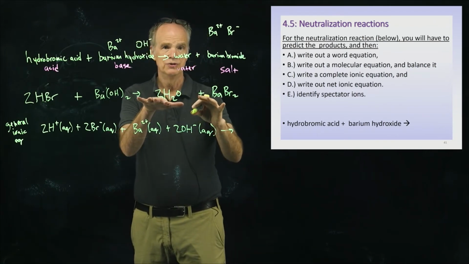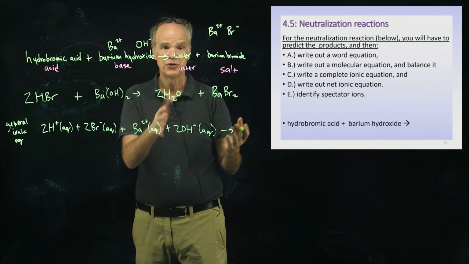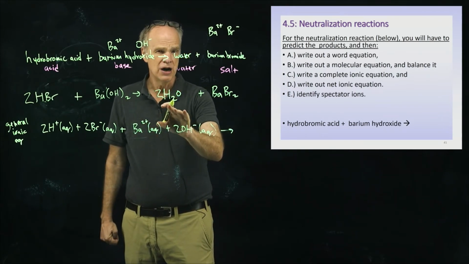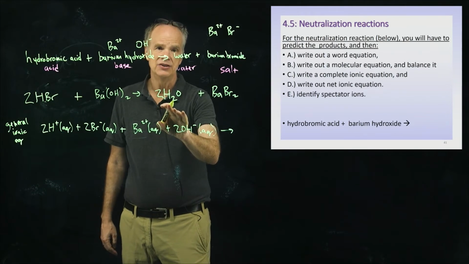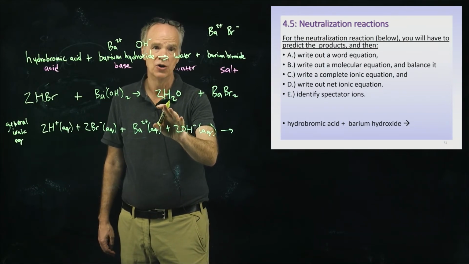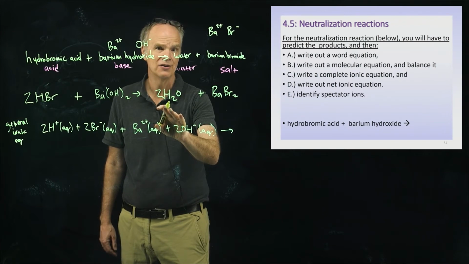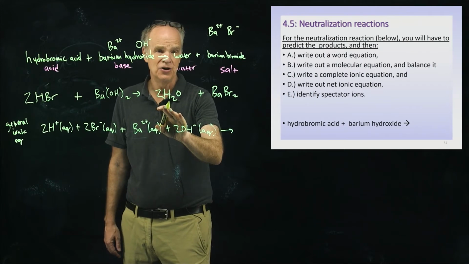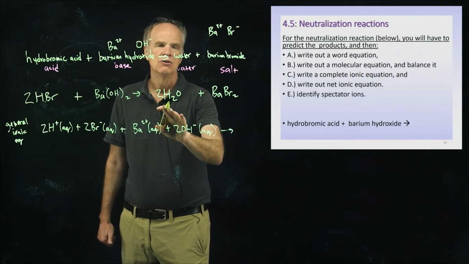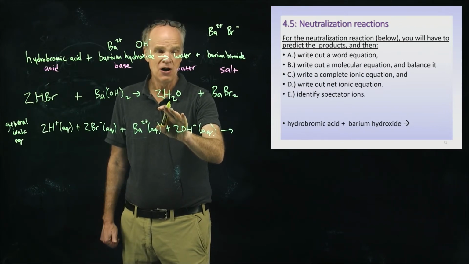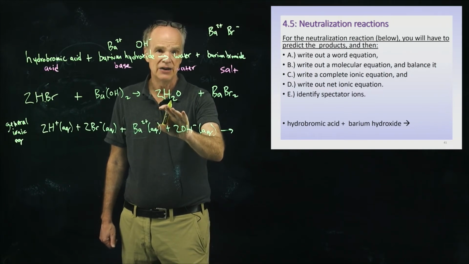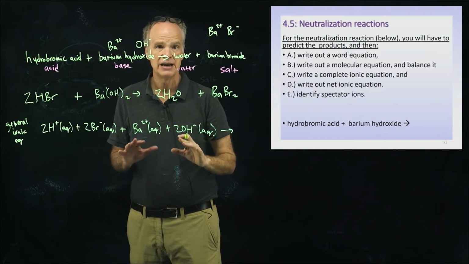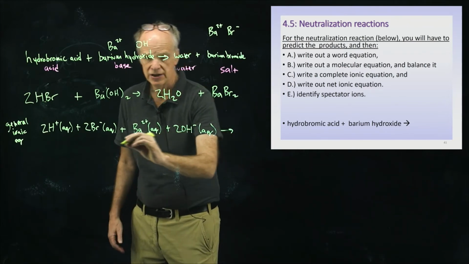Now what we have to do is write out the ions as necessary for the products. Now, do we write out water as ions? And the answer is no, because most of the water molecules in water are not found as ions. In other words, when you're looking at water, you don't see very many H pluses or H3O pluses and OH minuses. Most of the water molecules you will see in water are H2O. So we cannot write out H2O as ions. And so we just have to write it out as the molecule. So I'm going to write here